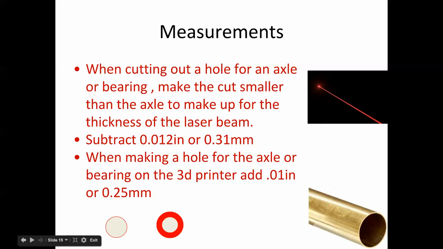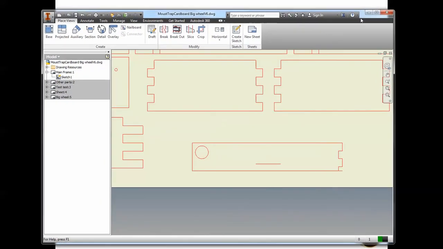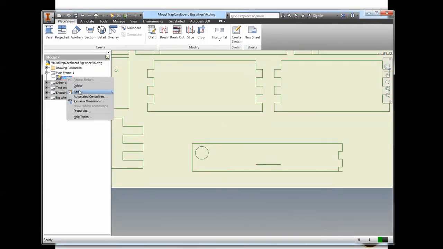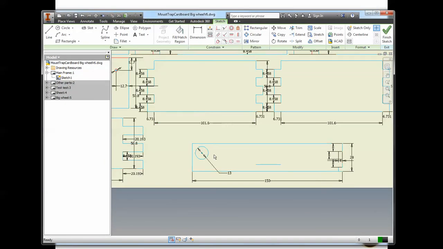Write these all down. So, all right, here's what this means. Remember that number, 0.031. Okay, so let's say this. So I'm going to edit this sketch. Okay, so let's say I'm making my cutout for my bearing. Okay, and so I click here, and let's say that my measurement was, let's say it was 3 millimeters. Actually, let me measure, see what this thing actually is. Okay, so my thing I'm measuring with the calipers is actually 4.2